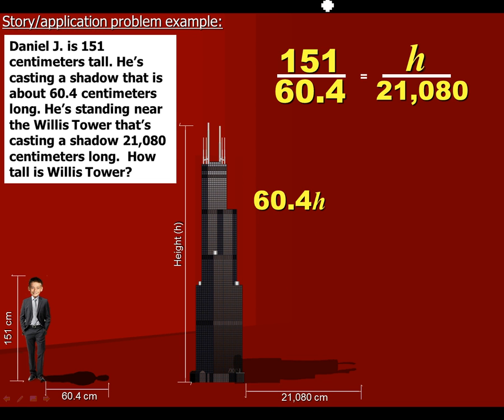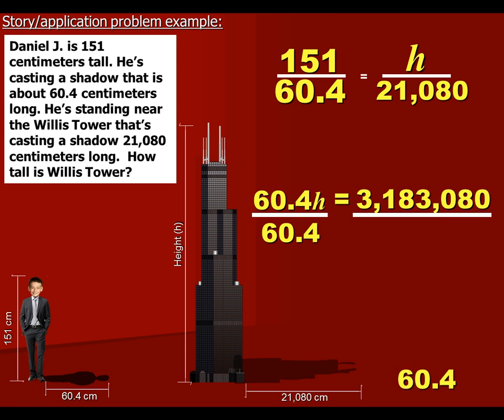If I cross multiply, 60.4 times h is 60.4h. And then 21,080 times 151 is 3,183,080. So big numbers. And like I said in an earlier video, it's okay to use your calculators for this kind of stuff. So what do you do to solve this? Well, it looks like you have to divide both sides by 60.4. So do 3,183,080 divided by 60.4, and you get